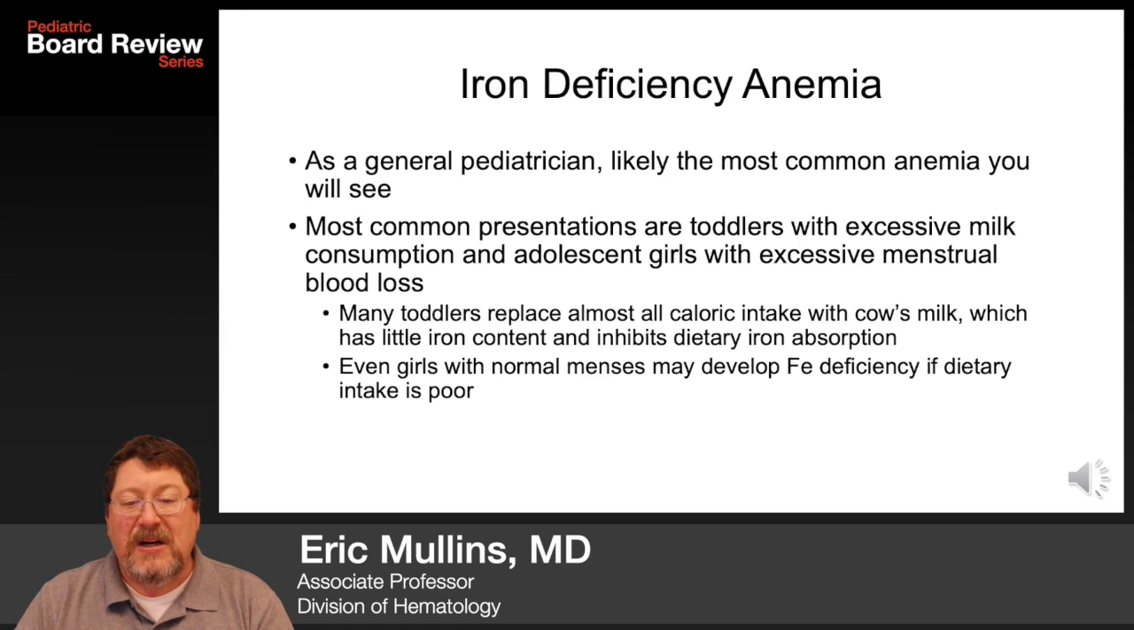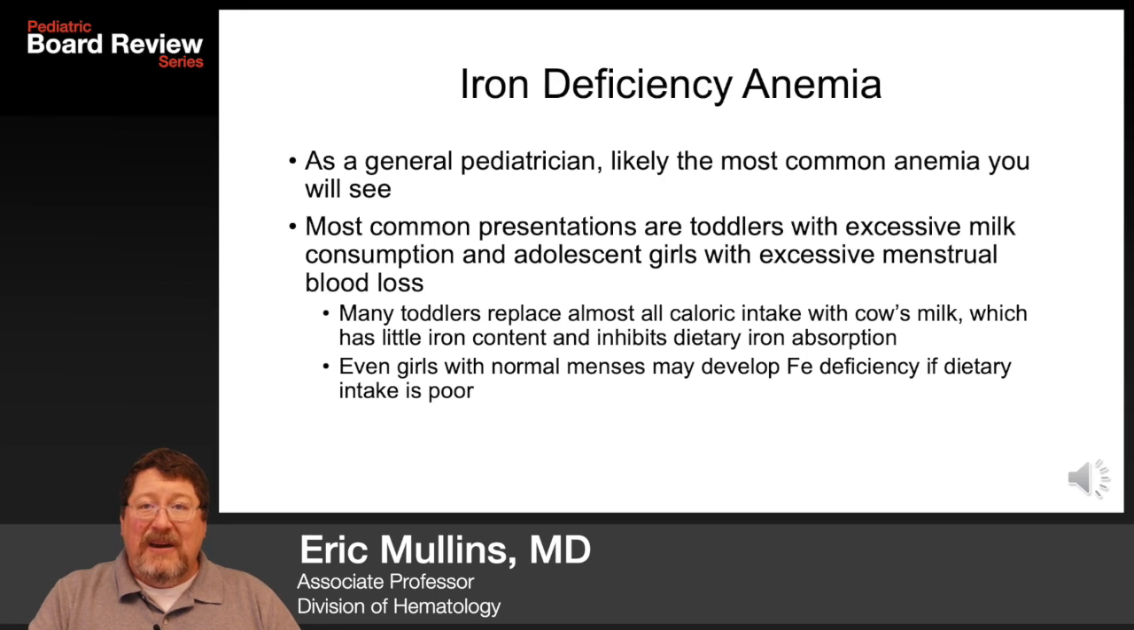And in that case, they're not only taking in a product that has very little iron availability or content at all, but cow's milk actually inhibits iron absorption in the human intestine. So if you're drinking that much milk, you're not only not getting iron, you're actually blocking the iron that you do get in, so that it's not available for absorption. Additionally, sometimes milk can irritate the GI mucosa,